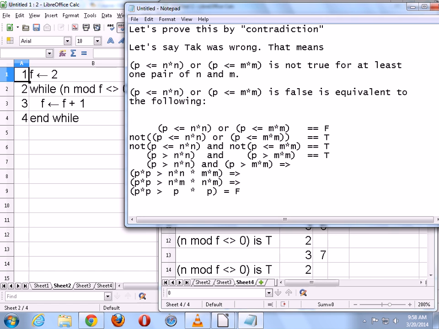So if it is not possible that my theorem was wrong, what is it really saying? The theorem was right. Okay? And that's a very interesting way to prove something, but it works. It works exceptionally well for a lot of problems. I'll give you another question, another one to use a proof by contradiction.